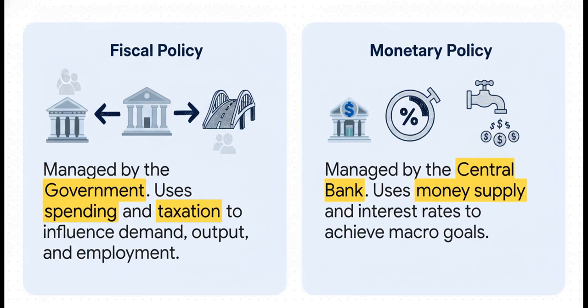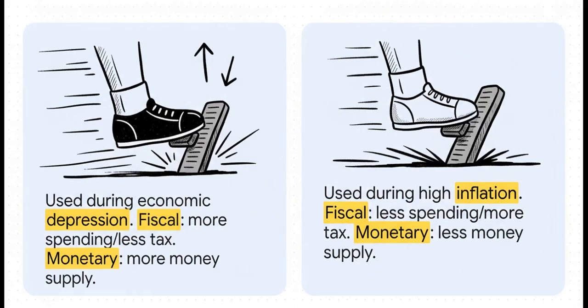And this separation, it's a really big deal. It's designed to keep politics and the printing of money separate, which, trust me, is a good thing for avoiding economic chaos. It's all about checks and balances. And each of those toolkits really has two main settings, a go pedal and a slow pedal. When the economy is in a slump, they use expansionary policies. That's like hitting the gas to get things moving again. But if the economy is running too hot and causing prices to spike, they use contractionary policies. That's them tapping the brakes to cool things down.